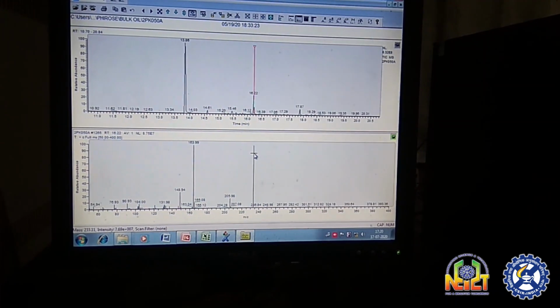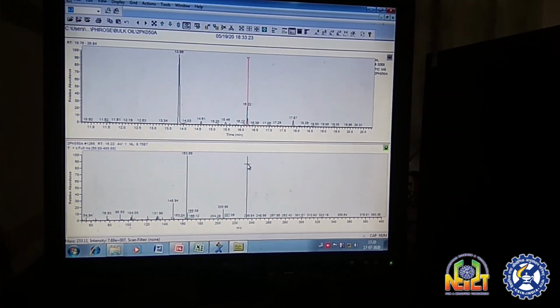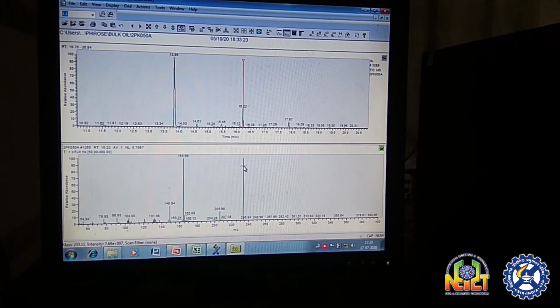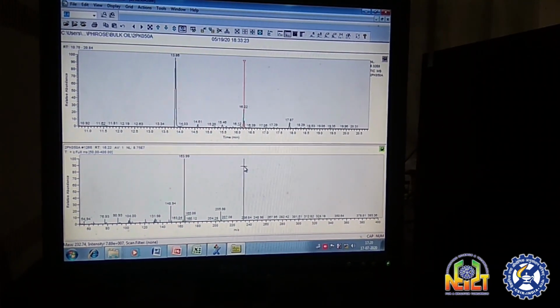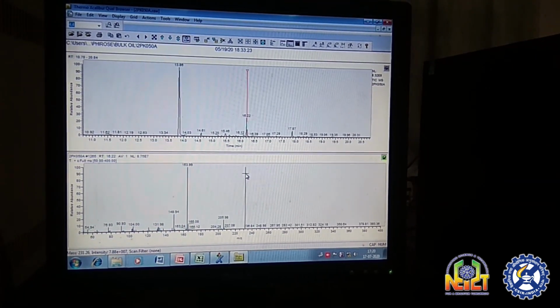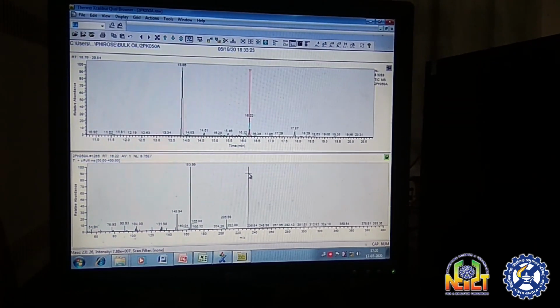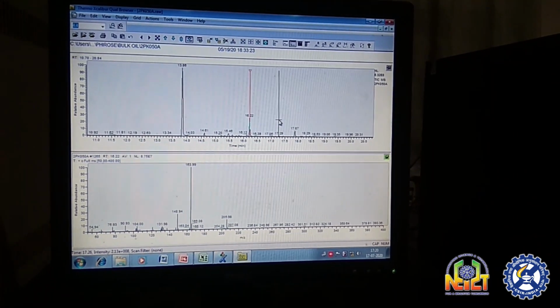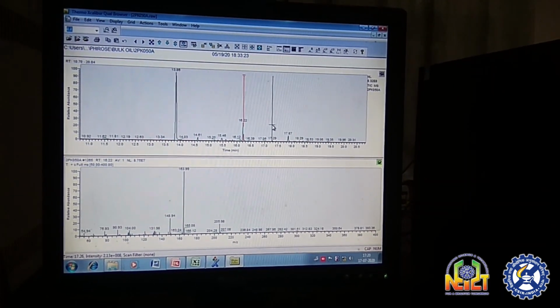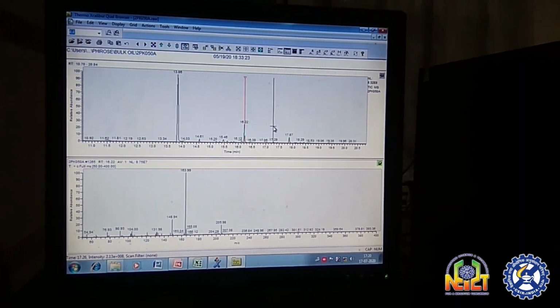For the quantitative analysis of this sample, the peak area can be determined separately for the individual analytes, which is proportional to the concentration of the individual analytes, from which we can get the relative abundance of the individual components inside a complex mixture.